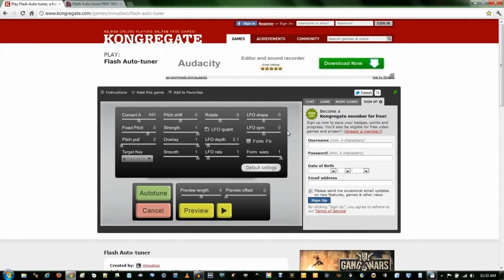These are my preferred settings. I'll put links in the description. Go play around, auto-tune whatever you want. Once you're done, you just click auto-tune